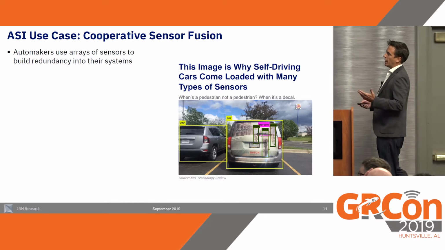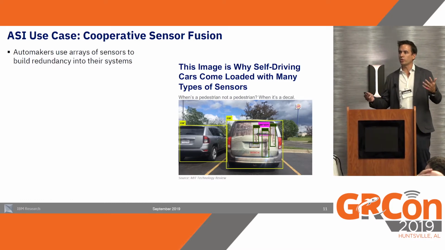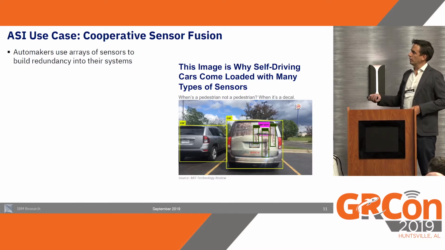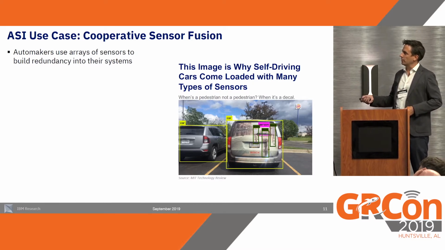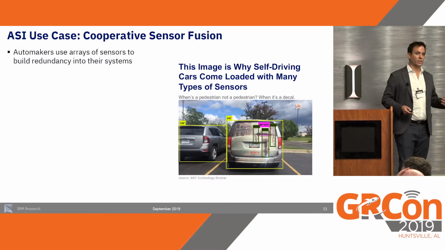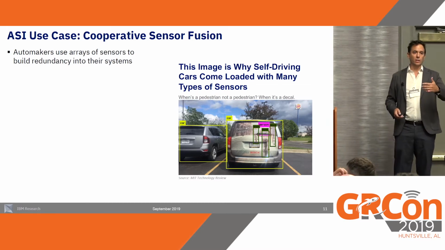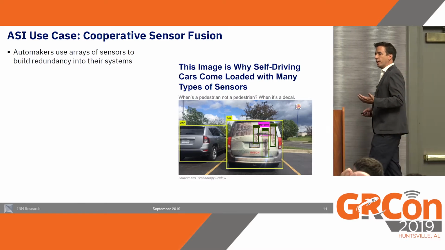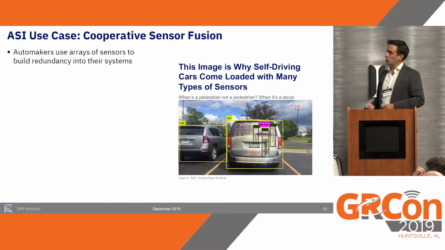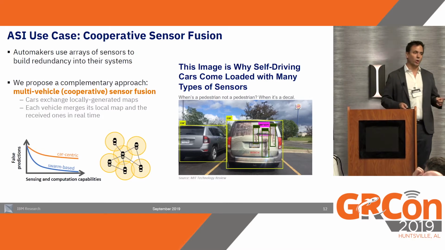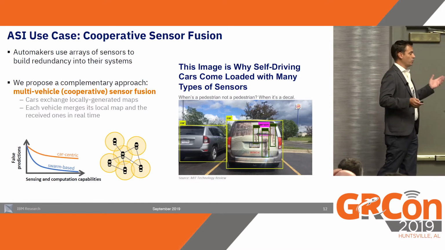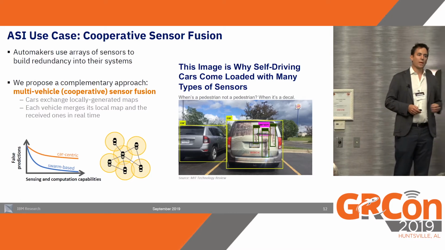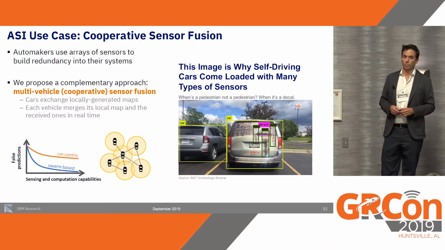This is a very simple example where a car is doing object recognition and properly identifies two cars in front of it, but also identifies a person and a few bicycles, which in reality are just a decal stuck on the back of the car in front of it, right? So this is a very simple example of misclassification or false prediction, right? So we believe that if we exploit the interaction between vehicles in something that is usually known as multi-vehicle cooperative sensor fusion or cooperative perception, we can alleviate this kind of problem, right?